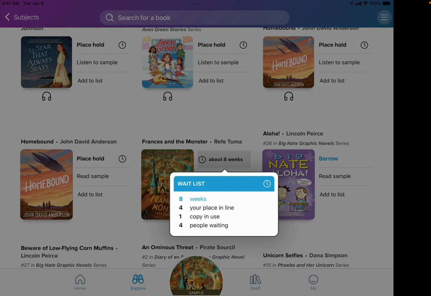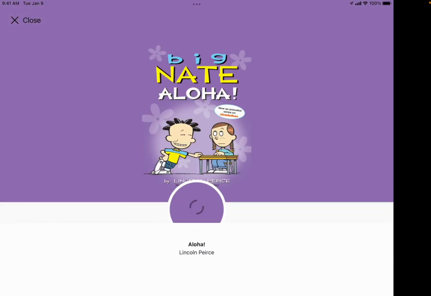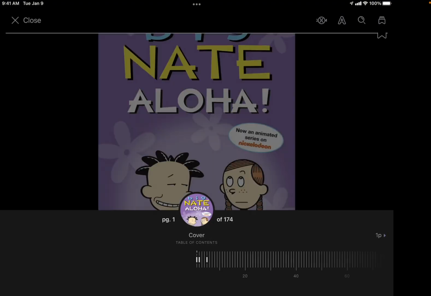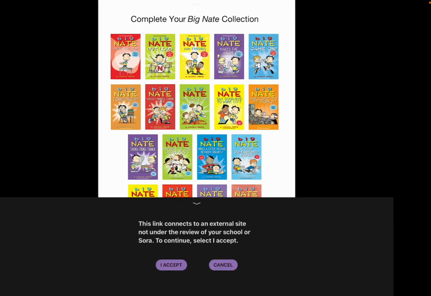Okay, that one in particular was on a wait list, so I had to place that one on hold. This big Nate book says borrow, so that means I could check it out right now. So I'm going to click on borrow. Okay, so I can go ahead and